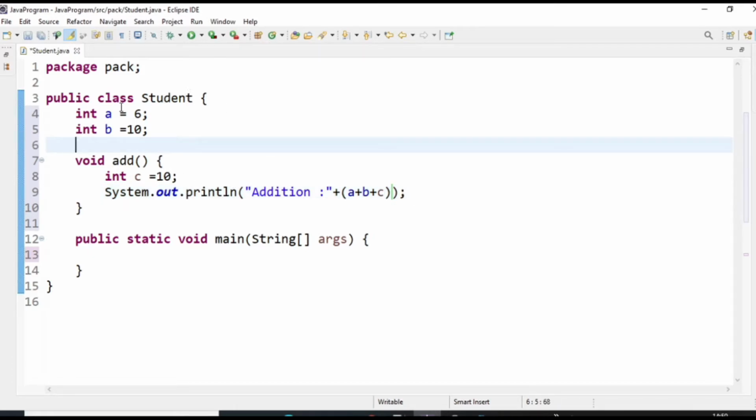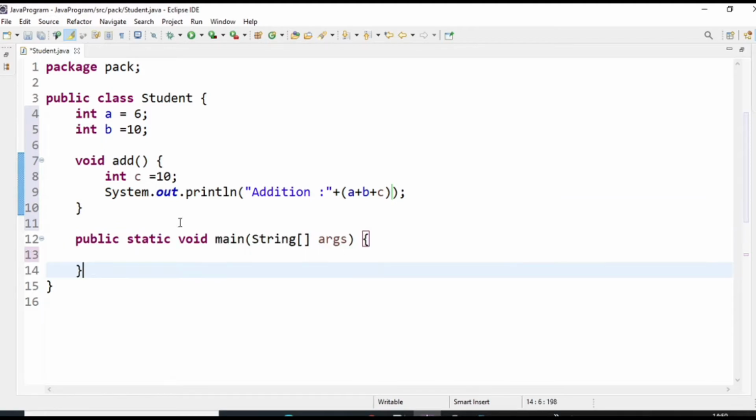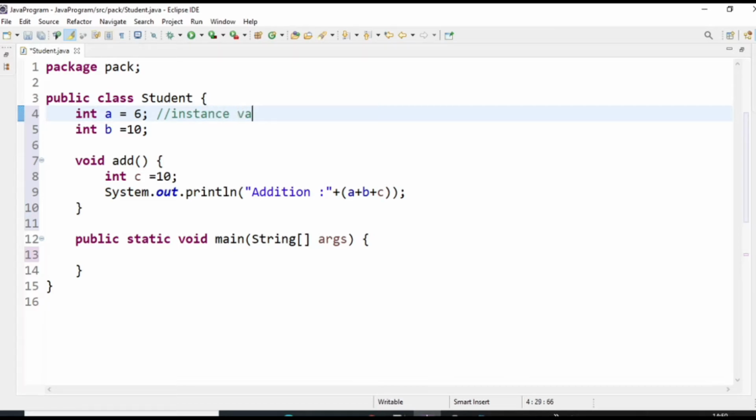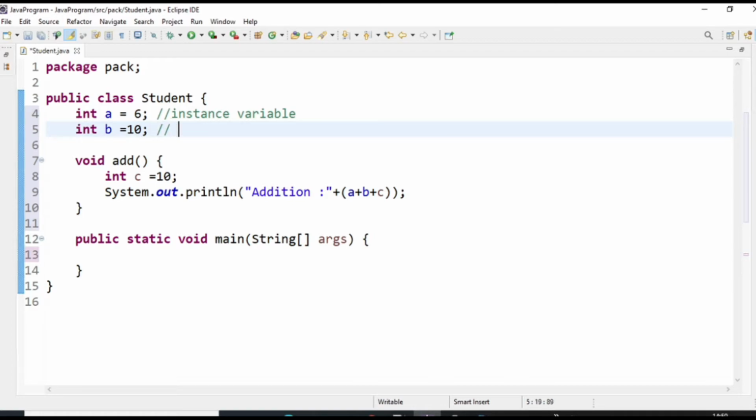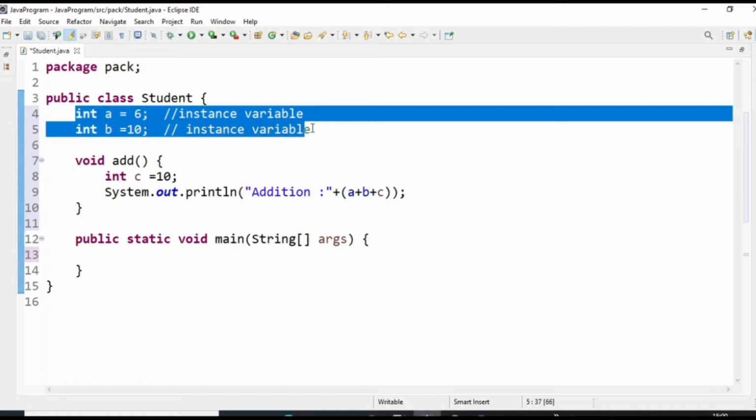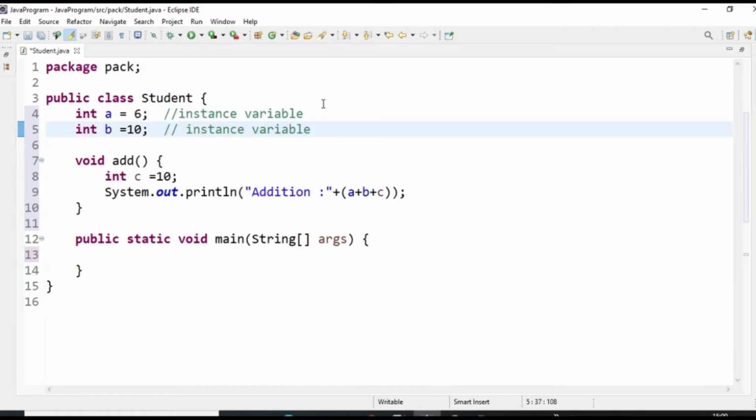So in this program we have two instance variables and two methods. One is the add method and one is the main method, right?